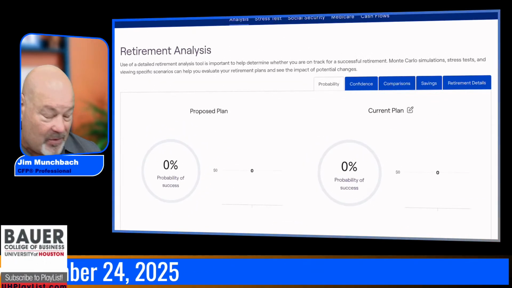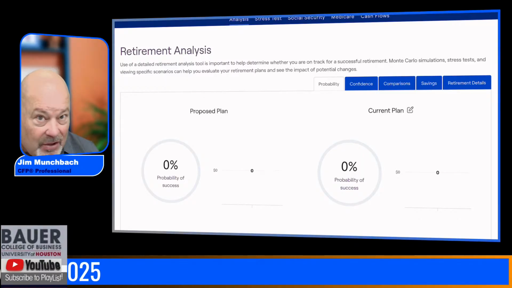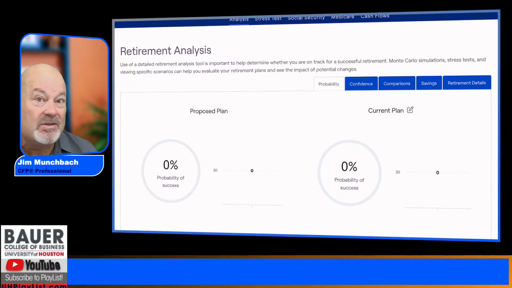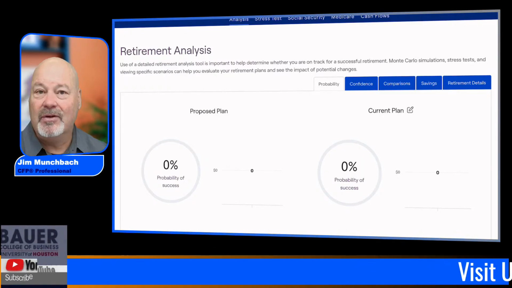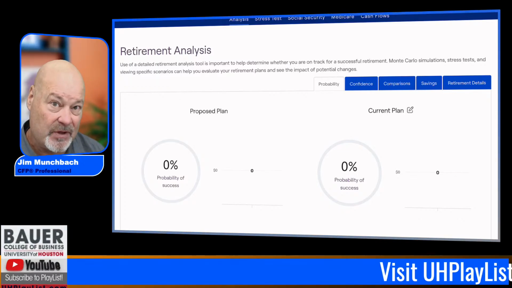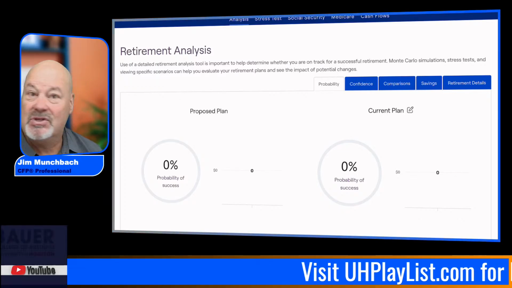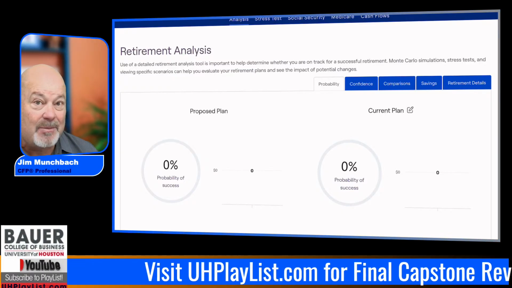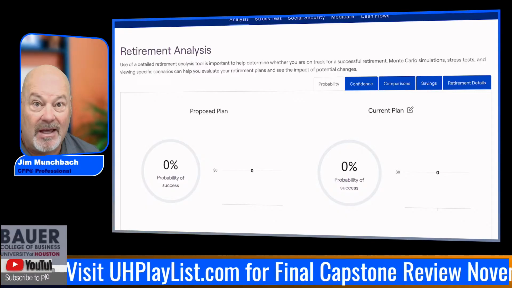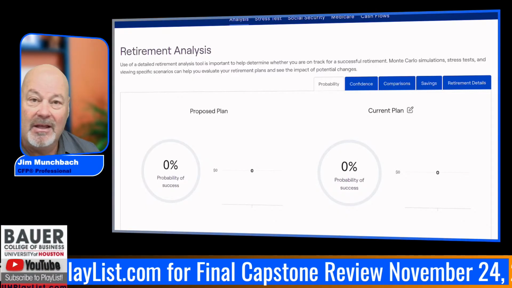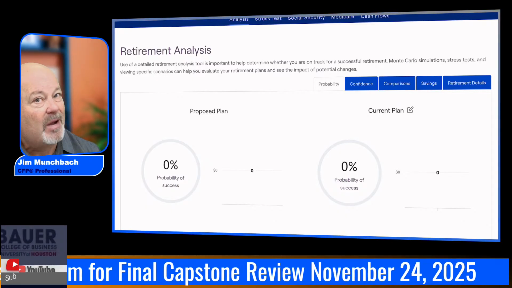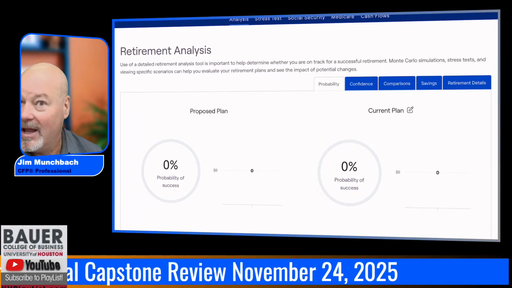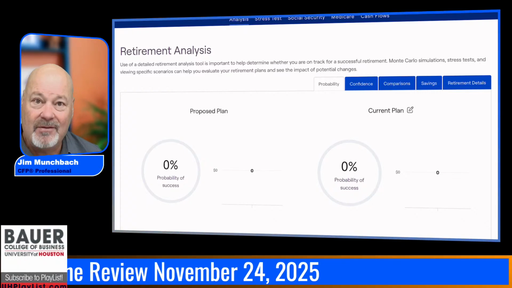And if that number's over $5 million, just take a closer look and explain to me why it's so much. I'm not looking for you to be an expert in cash flows, but I am looking for you to just be aware of what your plan is representing to you. Because when you turn in your capstone, that's the first thing I look at. Is your plan in shape? Do you have a good probability of success? If not, why not? And how much do you have at the end of your plan?